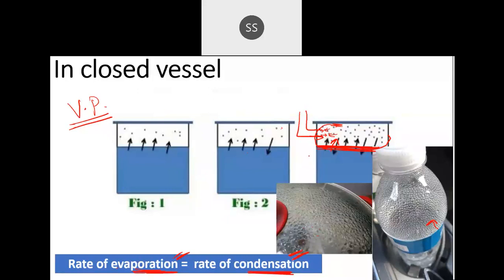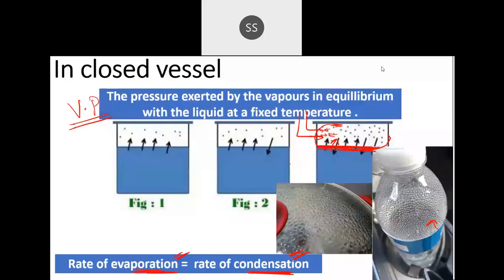But remember, if you increase the temperature, what will happen, do you think? If I increase the temperature, then more molecules will go into the vapor phase, correct? The number of molecules will be more. So when the number of molecules becomes more, the vapor pressure also will be higher if you increase the temperature. That comes under factors, but this is what vapor pressure is: the pressure exerted by the vapors when they are in equilibrium with the liquid at a particular temperature. Yes, copy this down now.